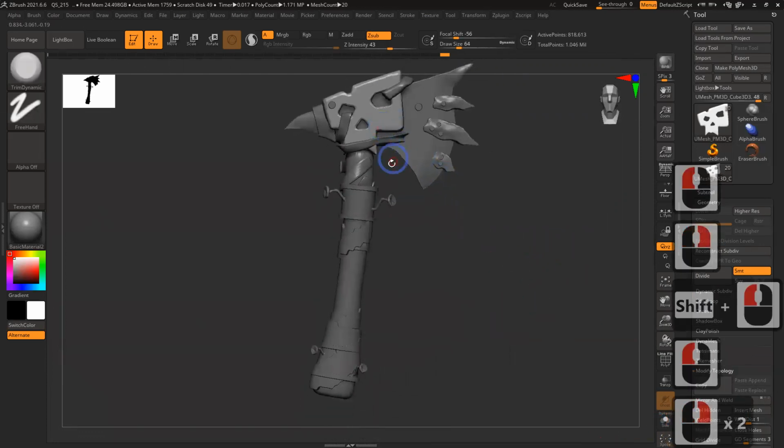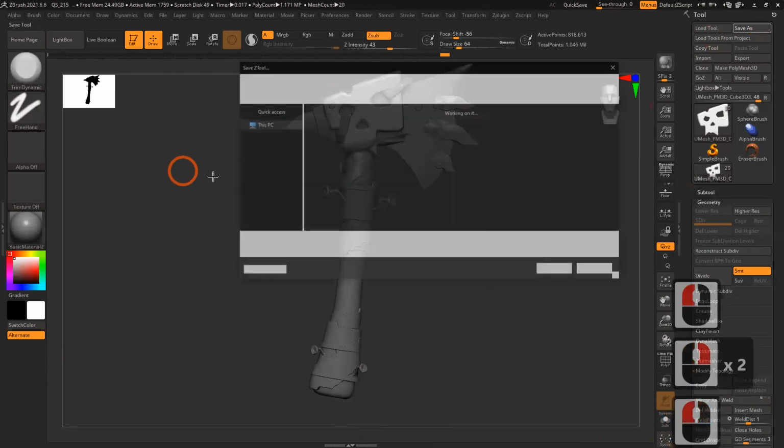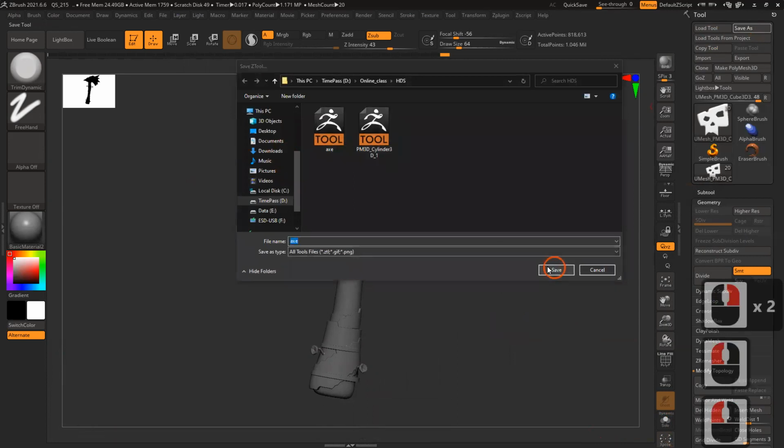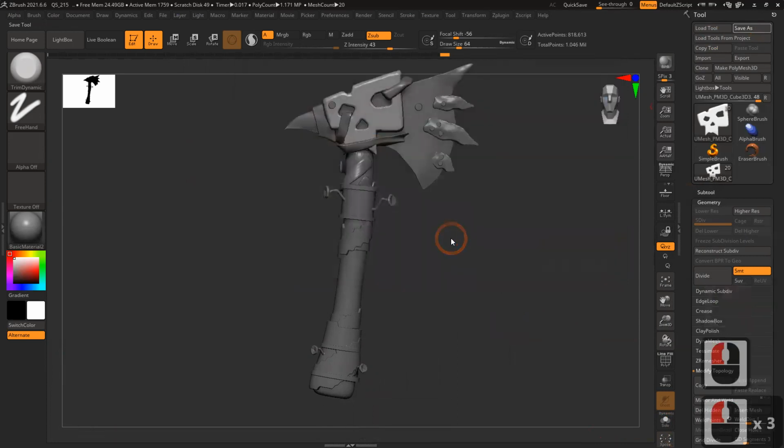And see, slowly things coming together. So like this, one by one, we'll add all the details and fix everything and all shapes and make it really nice and high detail.